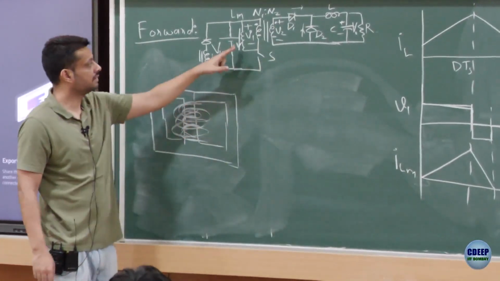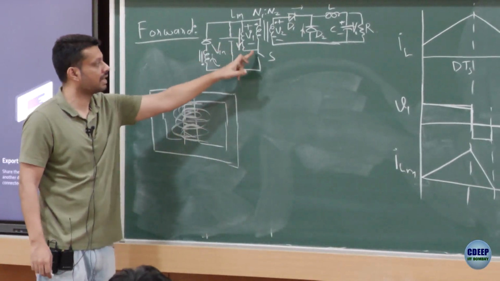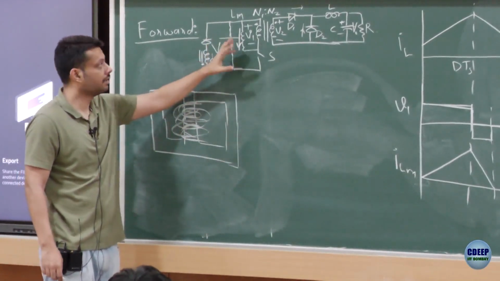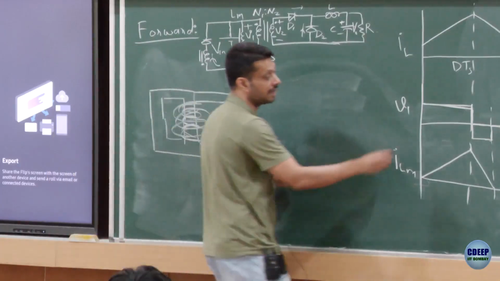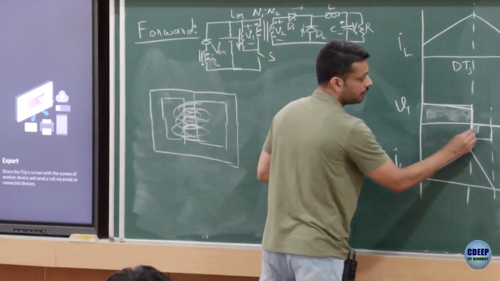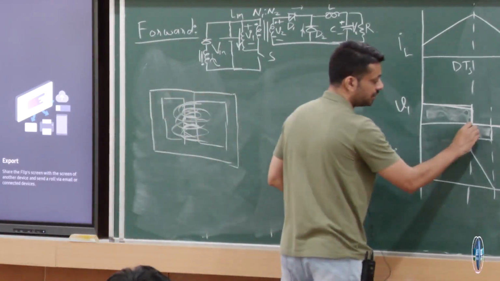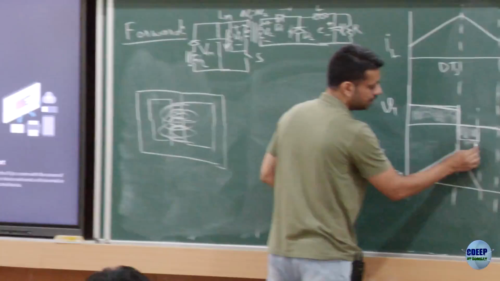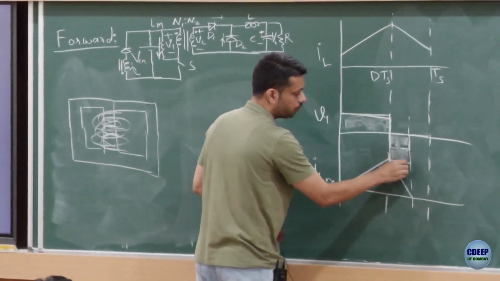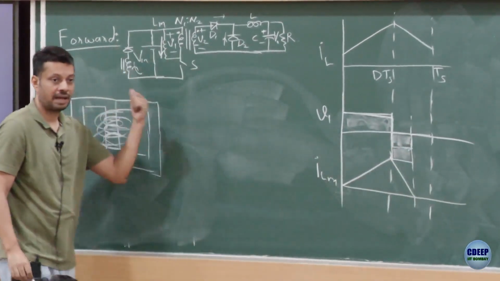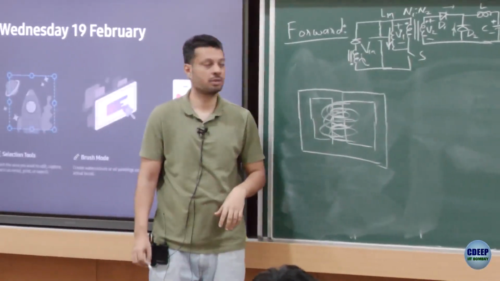Also what explains this is that now there is a path for this current to flow through, it's not getting disconnected. The average voltage across the transformer now can be 0. In this figure you don't think it is 0, but you can always define the turns ratio such that this negative part is more peaky or something. So you have a way of making the average voltage also equal to 0.